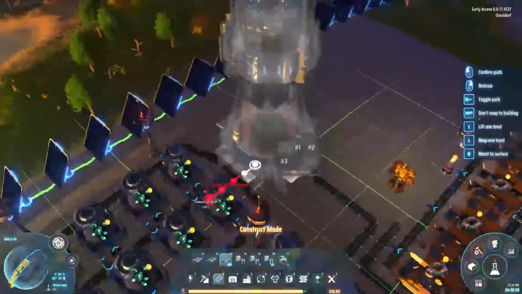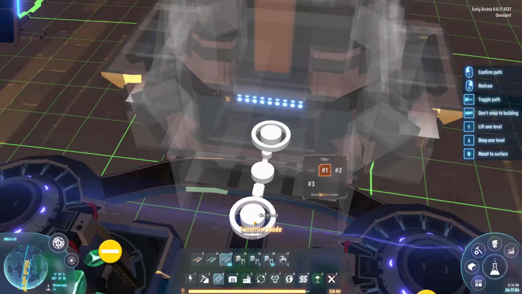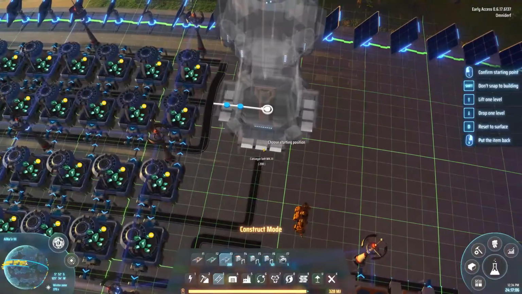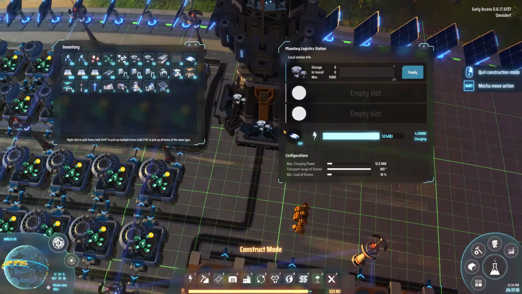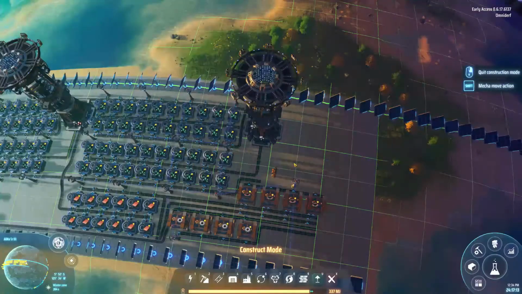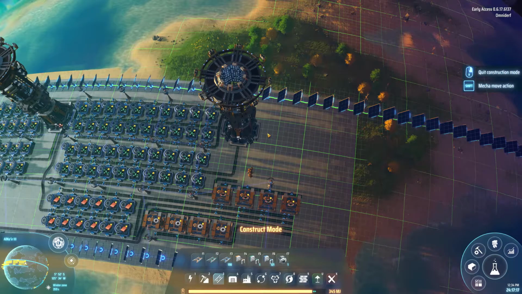Okay, this might be a little bit interesting. There it is. Okay, number 1, because that's going to be stone. Number 1, stone. There we go. I don't know what else we're going to use that for, but I need that here so I can figure out our next step, which will be